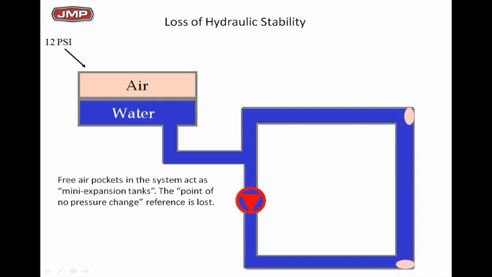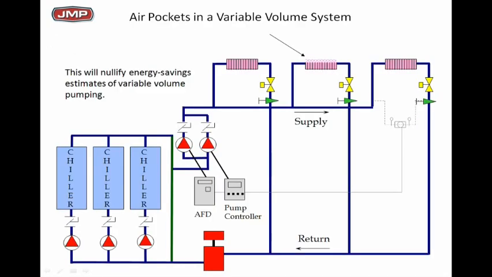It's back in the expansion tank, but it doesn't know that if you put air bubbles out in your system. So that's really a bad thing to have happen. Here's a primary, secondary, variable volume system with a variable speed drive on it, a chill water system, great system. We put it in to be very efficient, lower that pump speed down, save all that energy, and we let